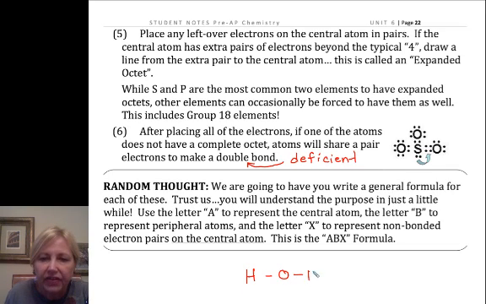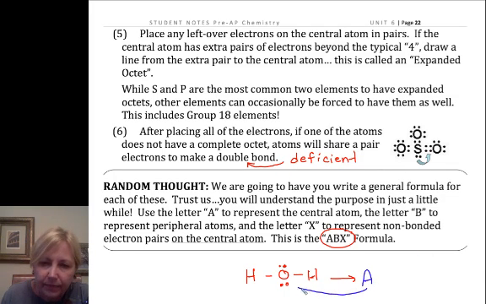Water looks like this. Now, I know it seems random, but it will help you memorize in the end. We use ABX. Some books use AXE, or there's a variety of letters. It doesn't matter. The key is using this to memorize. So if you can get to your Lewis dot and figure this out, the A represents the central atom. And we can define a center if it's a large molecule. We just define one atom as a center while we zero in on what it looks like around that